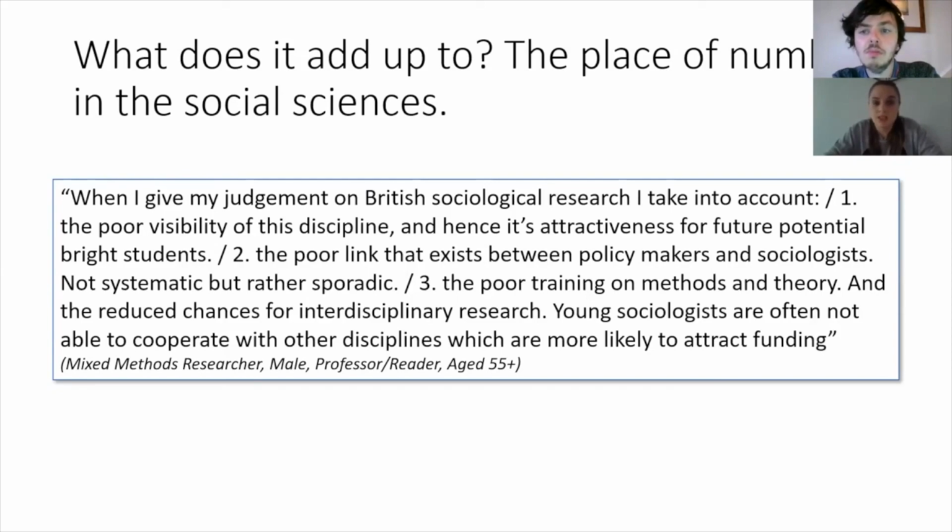So here, this researcher who responded to my survey has really taken what I just said to you and nicely summarised it in a quote that actually this methods teaching is really important to enhance the visibility of the discipline and therefore its attractiveness to young people, which we always want to encourage to come and study the social sciences. But also it's perhaps weakening that relationship between policymakers and sociologists, and meaning that other people in other disciplines that potentially have the quantitative skills but not the sociological insights are actually getting to inform policymakers over sociologists with these